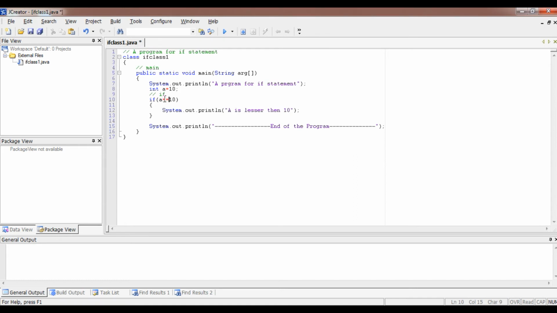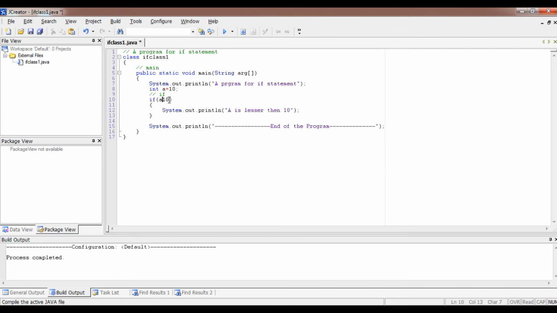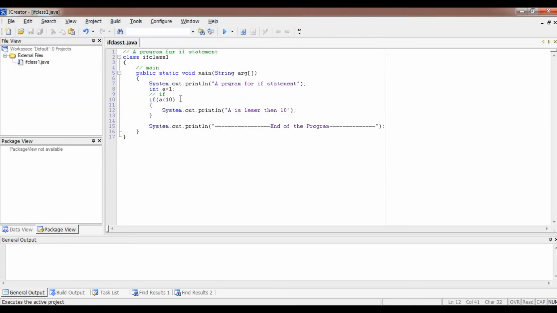So if I check with double equals to, in this case the condition should be true, and this message will be printed. So here if I put 1, then the message should be a is lesser than 10. Now we are going to compile it and run it. Now you can see a is lesser than 10. Why? Because I have made the value of a 1. Okay, so here you got two conditions. If the value satisfies that particular condition, this message will print, otherwise it is skipped and it automatically prints the